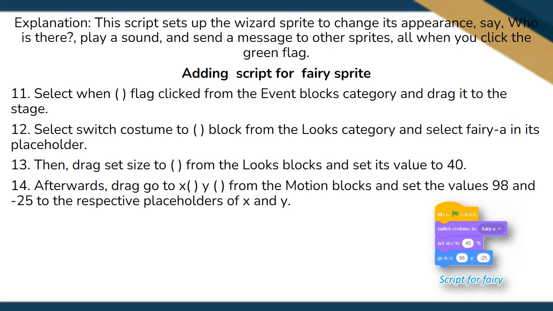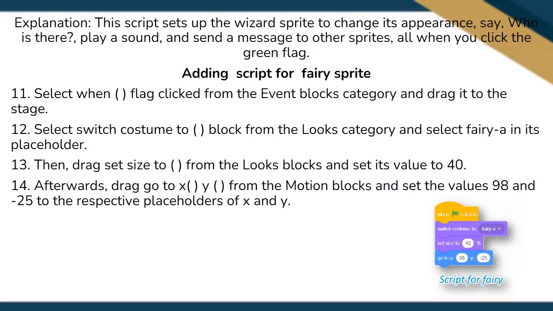Adding script for Fairy Sprite. 11. Select When flag clicked from the Event Blocks category and drag it to the stage. 12. Select the Switch Costume to block from the Looks category and select Fairy in its placeholder. 13. Then, drag Set Size to from the Looks blocks and set its value to 40. 14.